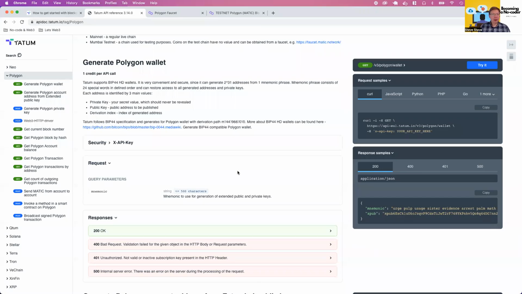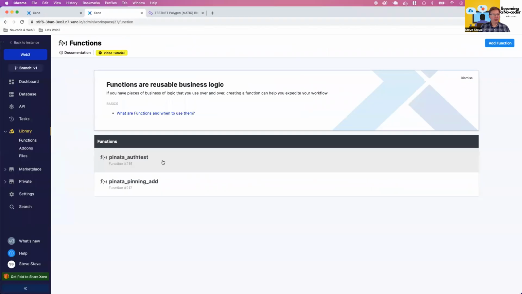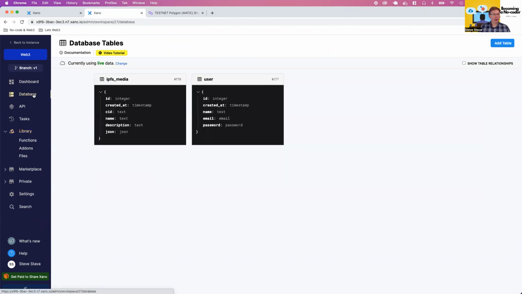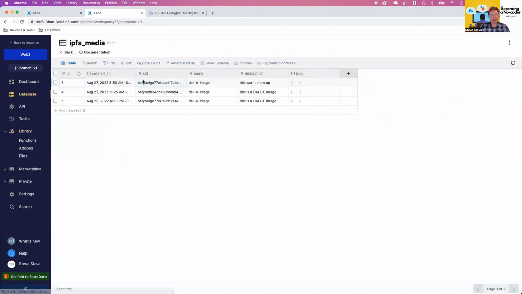We're going to pick up from where we left off last time. If you remember last time, we did a couple of API calls into Pinata. The more interesting one was the pinning API call that allowed us to upload an image to Pinata and get back a content identifier for it. We also have that information stored in IPFS_media, which was the CID and a name and a description that we supplied. And then we stored off the whole JSON from the request, just so we had that information for debugging later